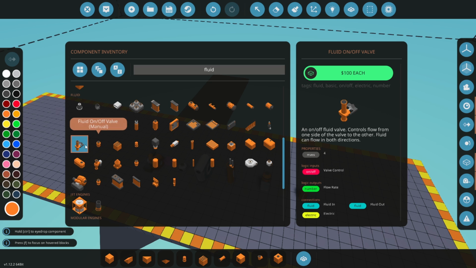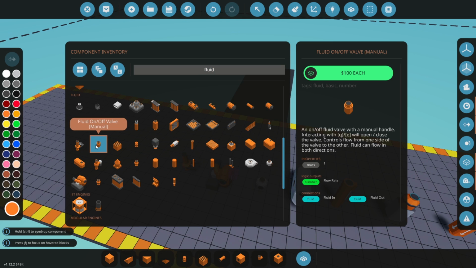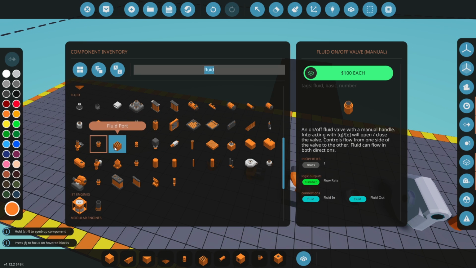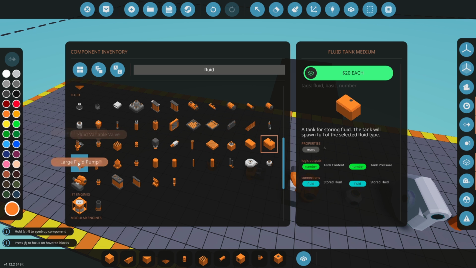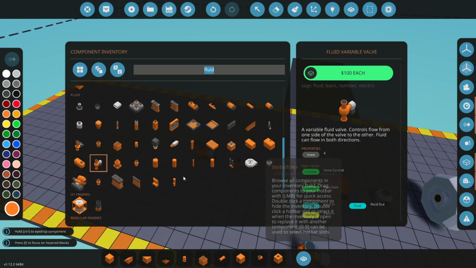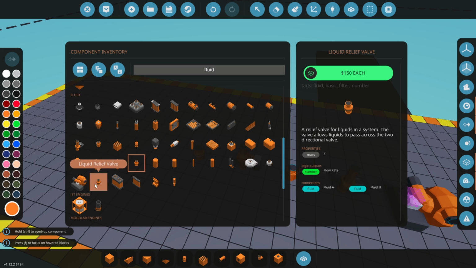The pump jet doesn't. This does, so we get our fluid on or off valve that now has the flow rate. The fluid on-off valve manual has the flow rate. Sweet. This is way better than I thought, actually. This is quite useful, and the fact that it's going to be on all of these things. The variable valve, of course, has the flow rate, and the gas relief valve, and presumably then the liquid relief